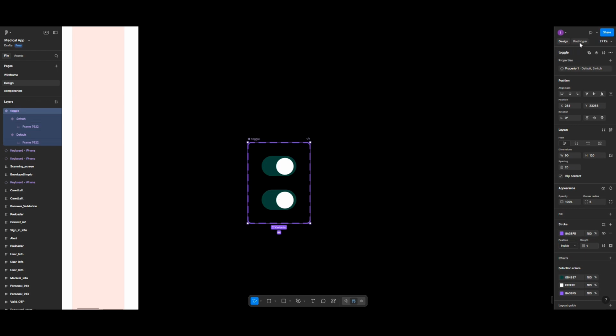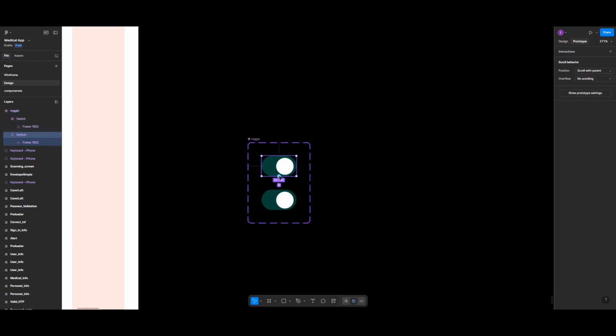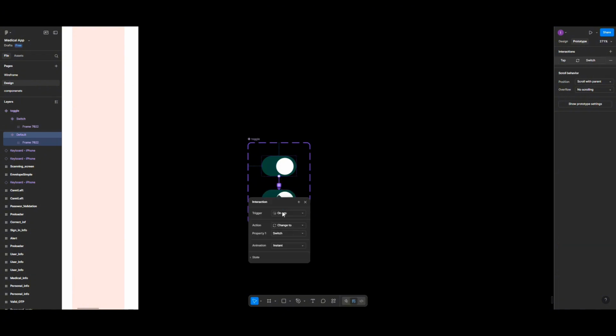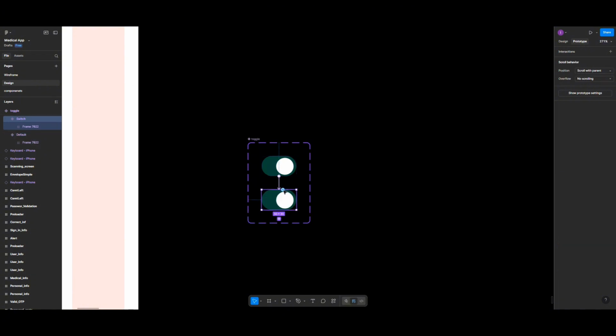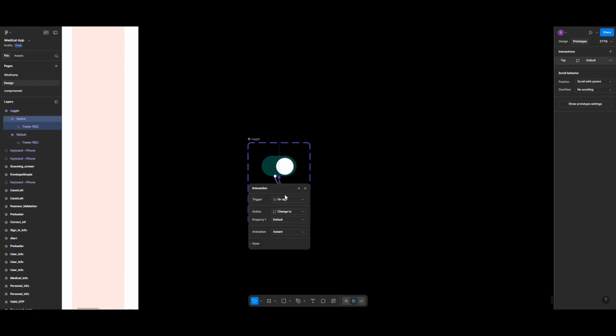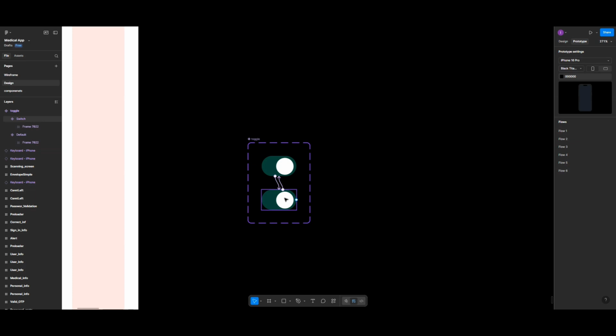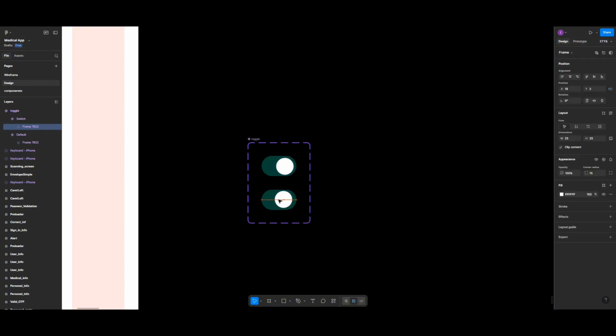Okay, so let's quickly make the prototype. If user click here, it should be directed to this. Then user click here again, should go back, right? So in the second stage, we're going to move it to the left. Okay, so you switch your design and move it to the left